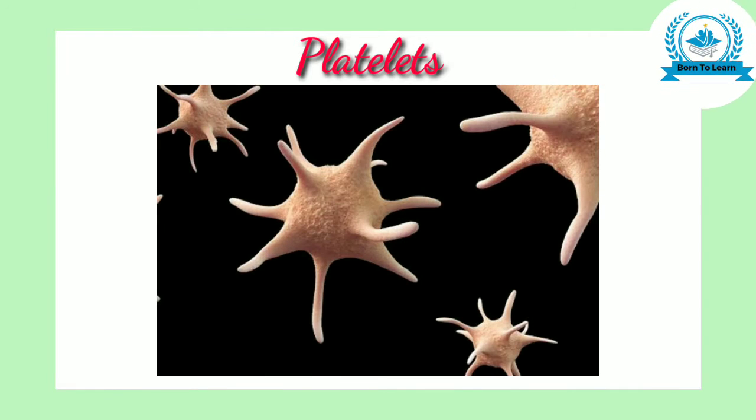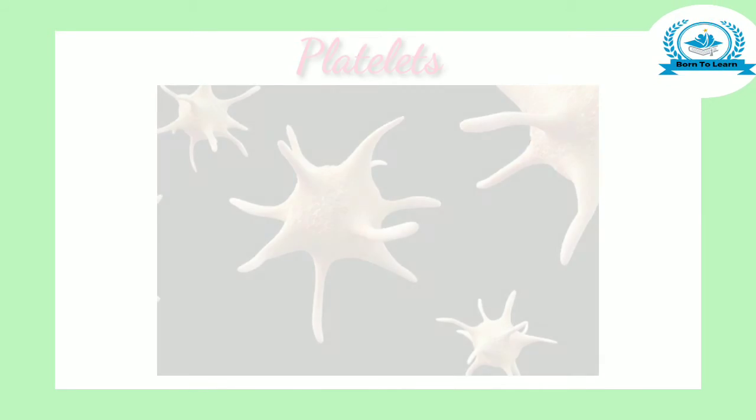Platelets. Platelets are the tiny fragments of special cells formed in the bone marrow. Platelets do not have nuclei. Platelets help in the coagulation of blood or clotting of blood in a cut or wound. For example, when a cut or wound starts bleeding, then platelets help clot the blood, make the blood semi-solid, due to which further bleeding stops. All the blood cells are made in the bone marrow from the cells called stem cells.